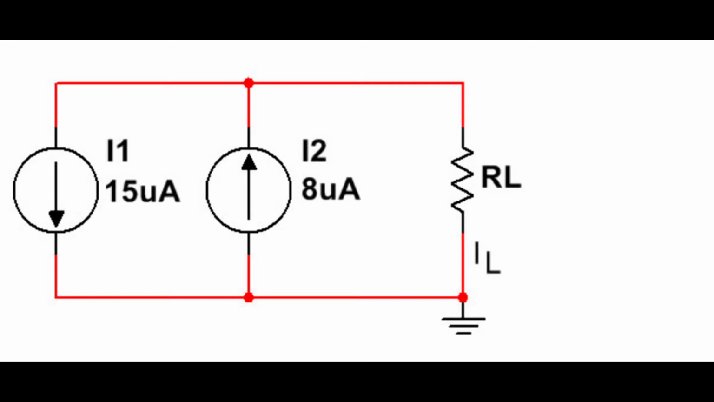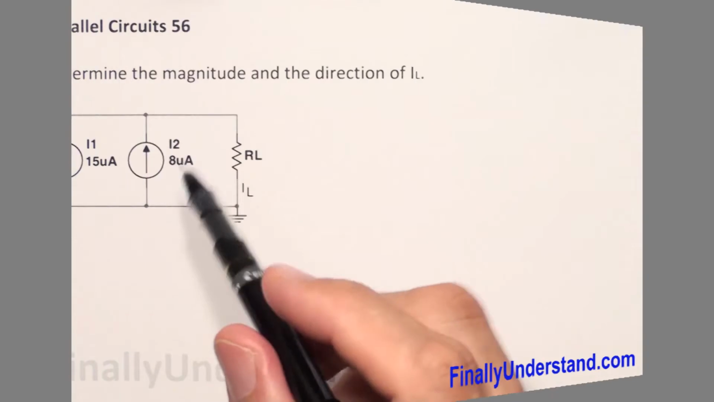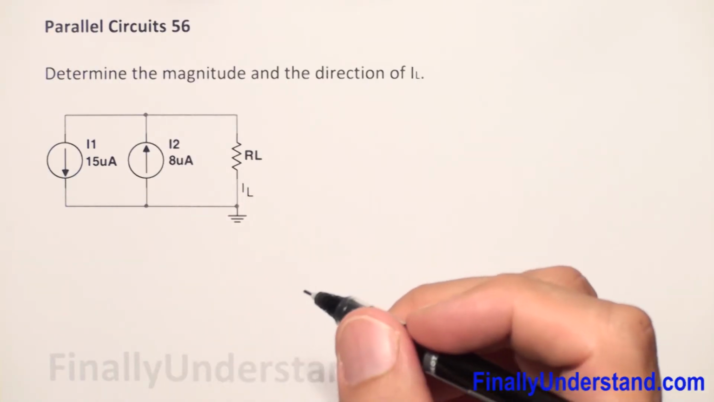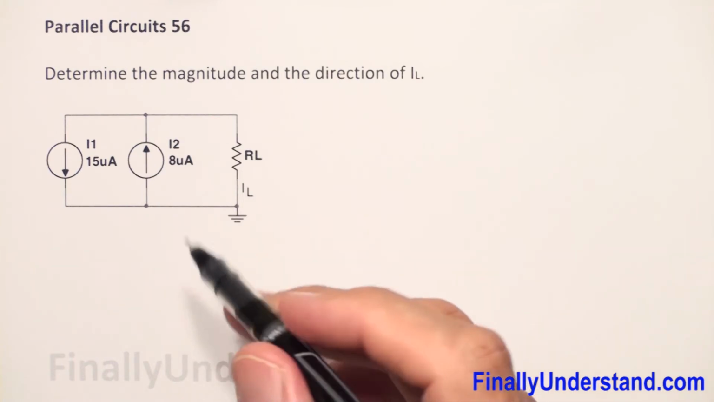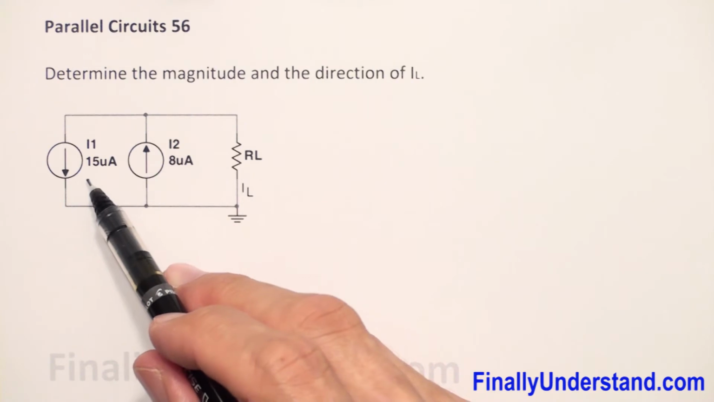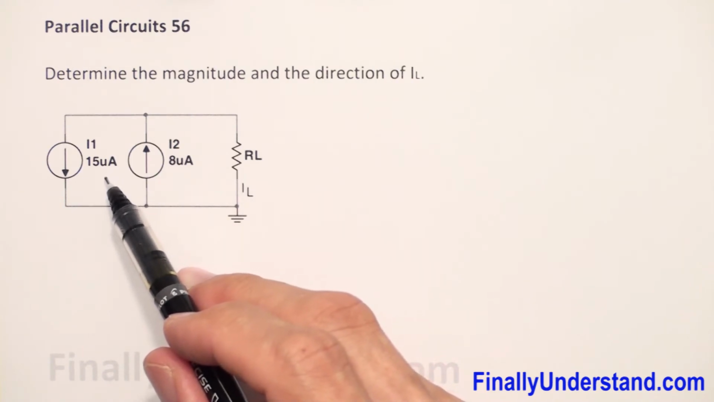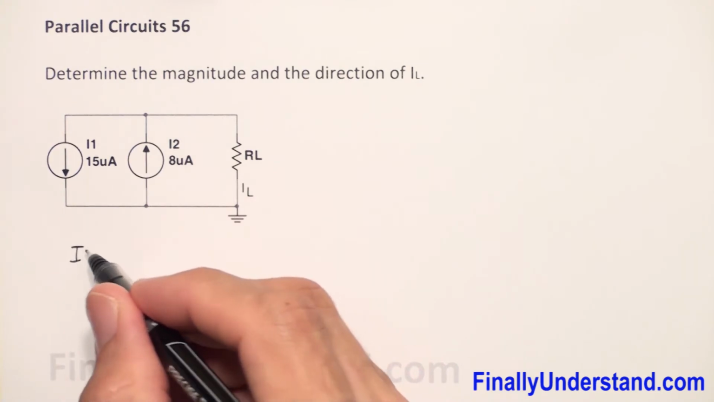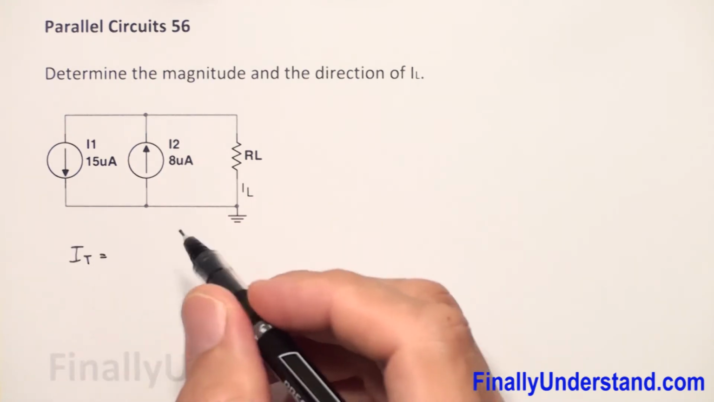Let's take a look at this example. This time we have two current sources, but as you can see, the currents are flowing in opposite directions. So in this case, you have to always look first at the strongest current source. So I have 15 microamps, and if you want to find total current, I total is equal